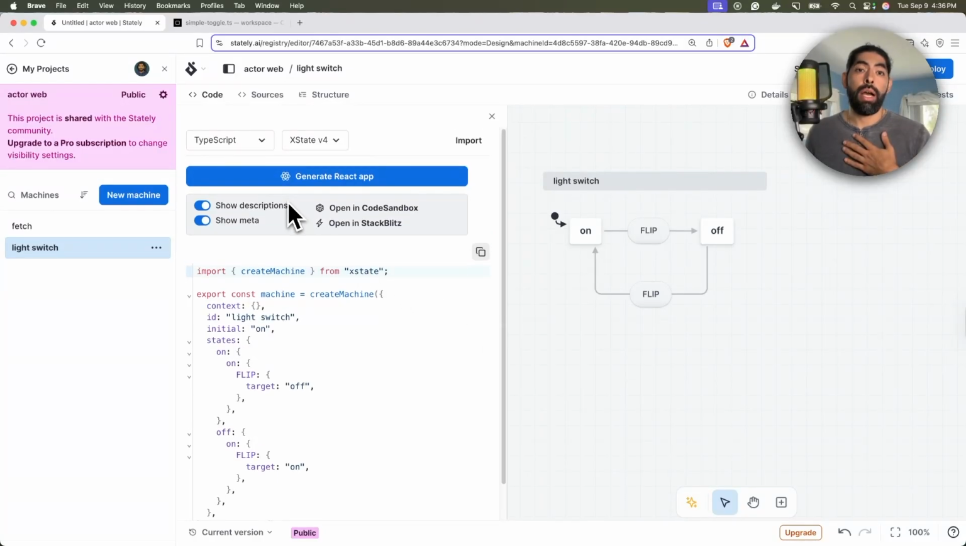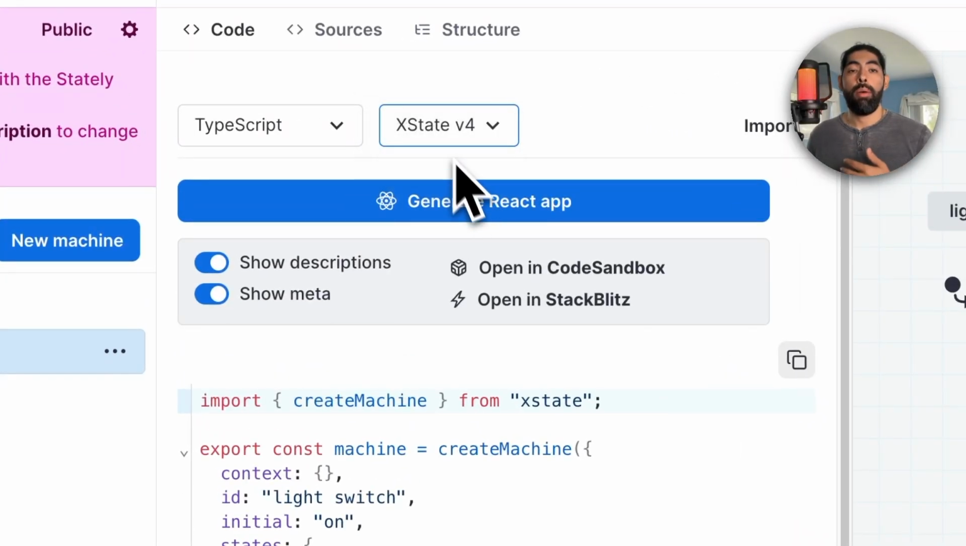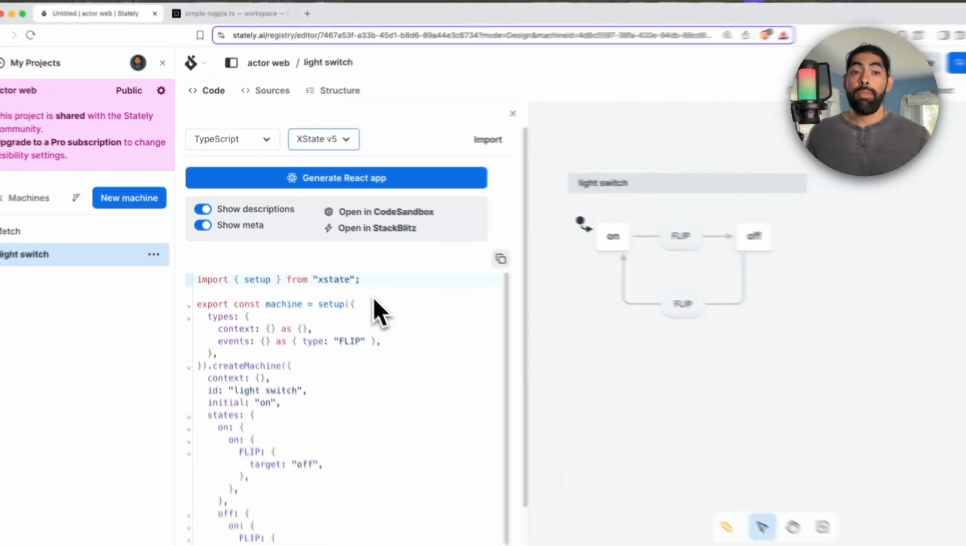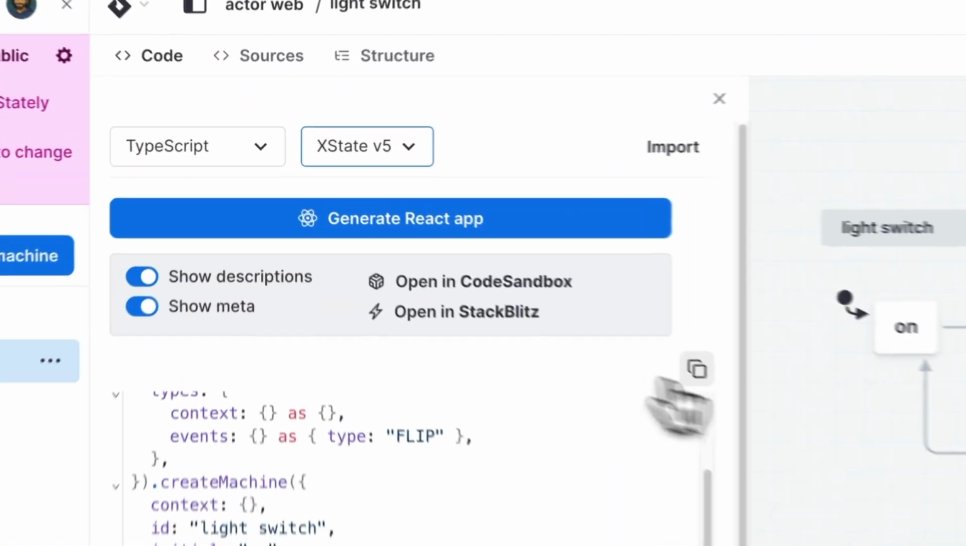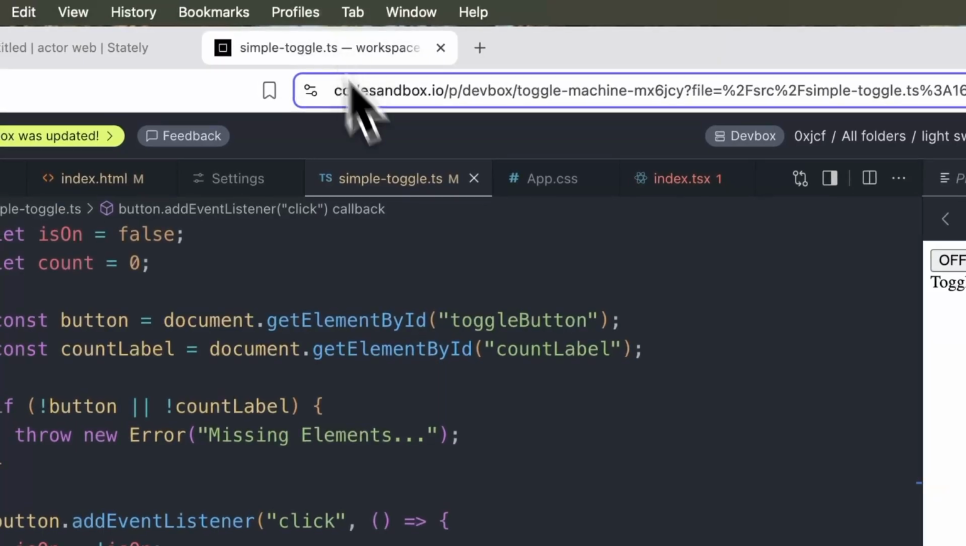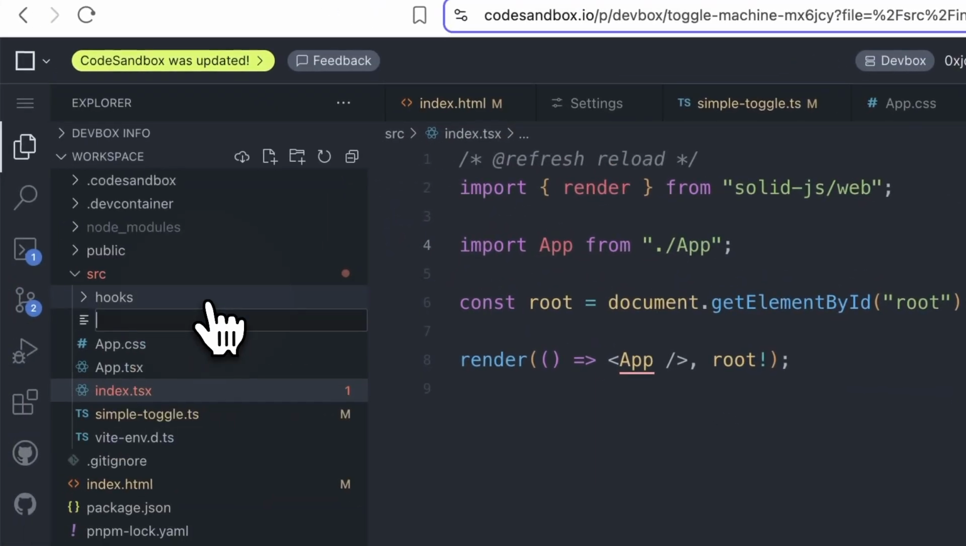So what I like to do, I like to use TypeScript. I like to make sure that my types are properly set up. XState v5 was updated with really great support for TypeScript, so I highly recommend using the v5 version. That's what I'm going to use here. I'm going to copy this and go back to the workspace that I have created. We're going to create a new file. We're going to call this toggle machine